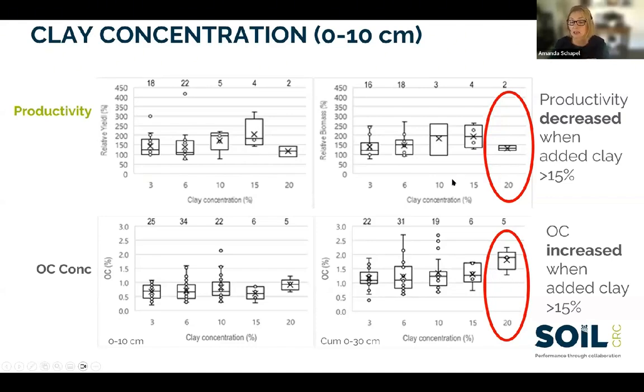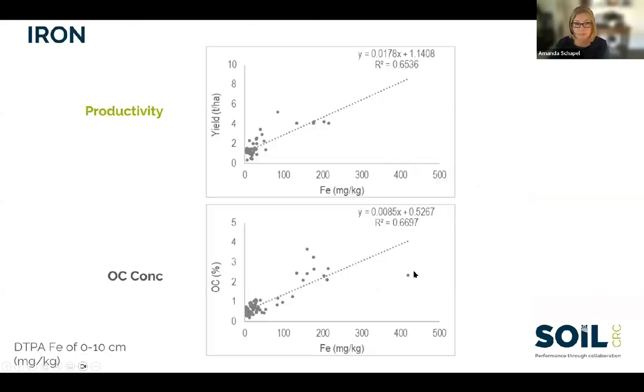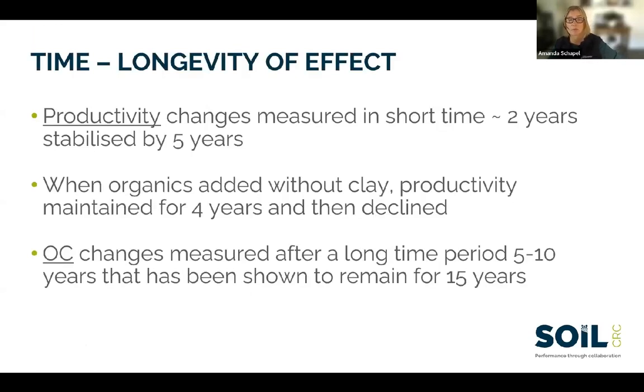So if you're looking at low rainfall, concentrate on this 6 to 10 centimetres. You'll get a lot more productivity benefits than you probably will get carbon though. An interesting thing to fall out of this study was that application of iron had a really positive benefit for both productivity and carbon concentration. So Murdoch University and Western Midland Group are looking at a trial now, adding in products that have iron in them to see if they can boost productivity and carbon.